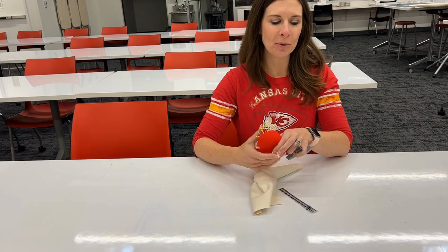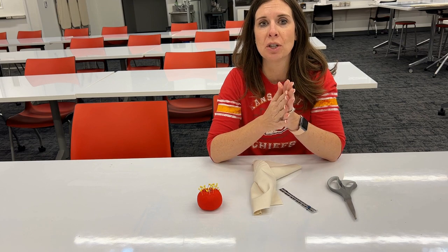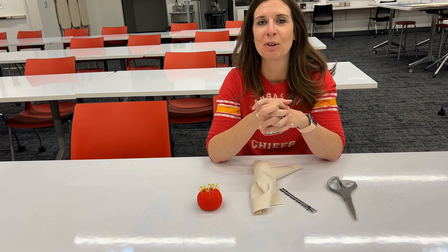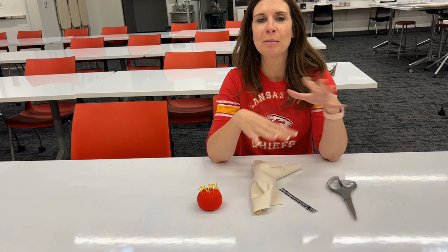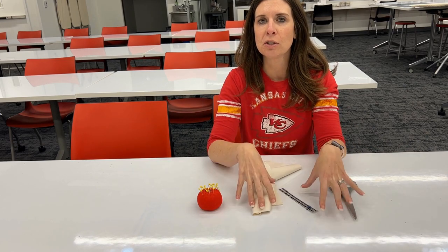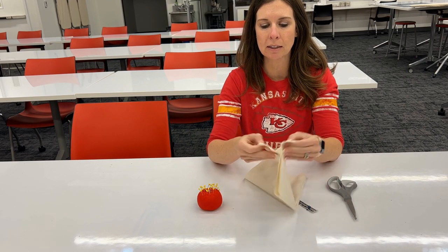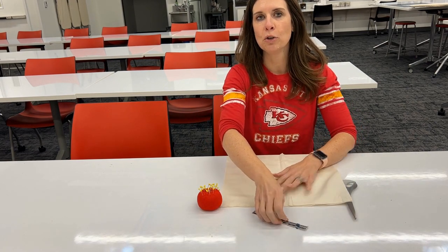Guys, we are going to get started with our sewing unit. Before we actually get on the sewing machines, I want to talk about the arrangement of the classroom. The tables that you sit at daily for your other lessons are still where you sit. The idea is that it's the spot where you do all of your